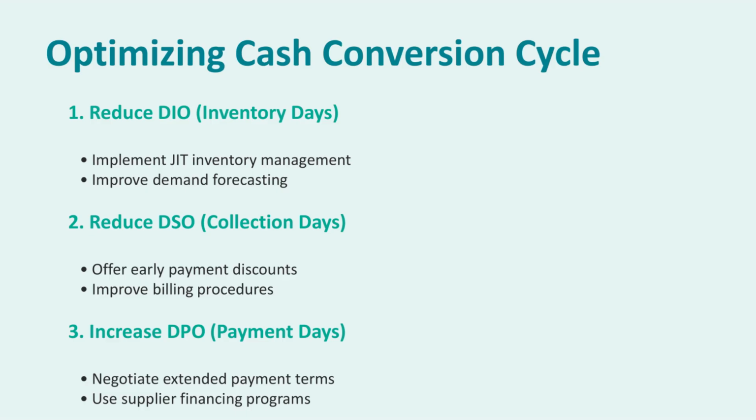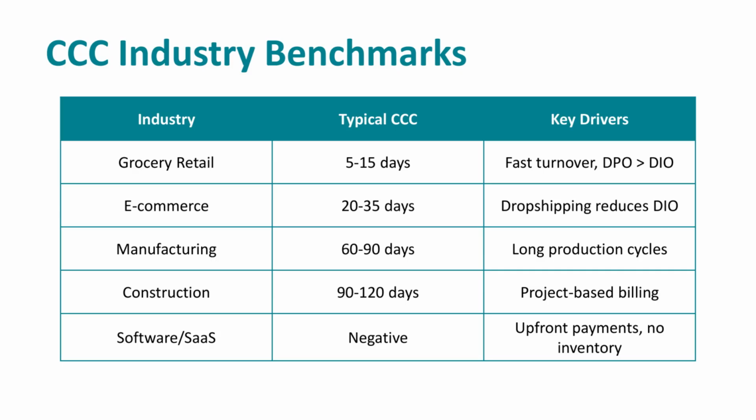Small improvements in each area can lead to huge cash releases. Note the benchmarks here. Software companies often have a negative CCC because they collect payments up front. Construction firms, on the other hand, can have cycles over 90 days due to project-based billing and long completion times. Your model must reflect these